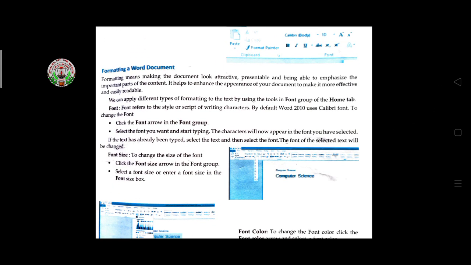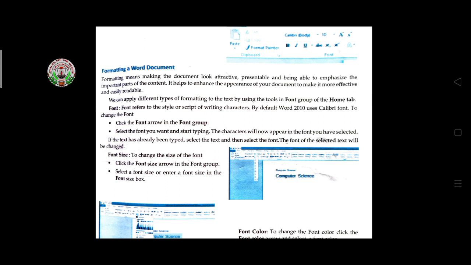Then come to formatting a document in Word. Formatting means, student, suppose you are writing notes of a new chapter. First of all you write the lesson number, then the lesson name. Then you highlight that particular lesson name with your pen, pencil or color pencil.